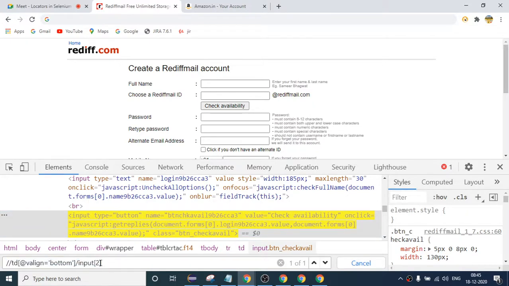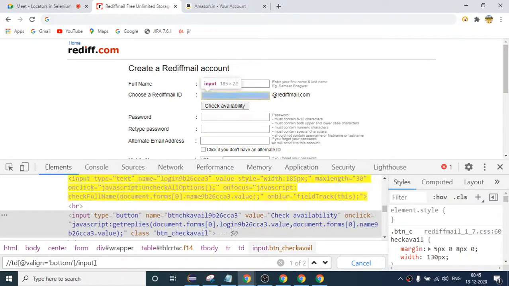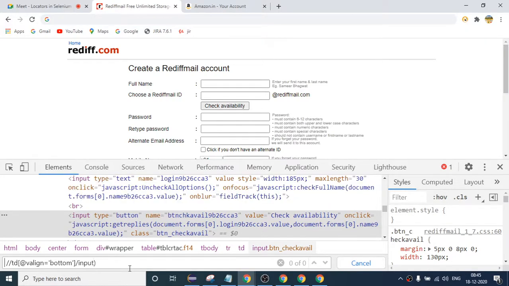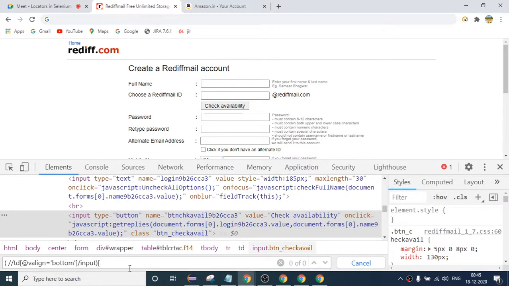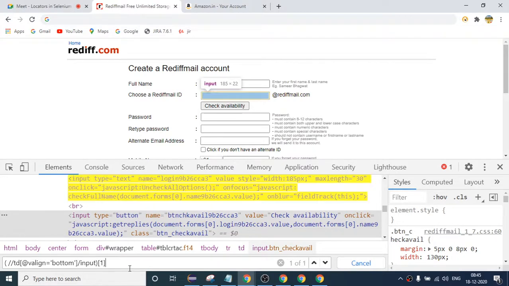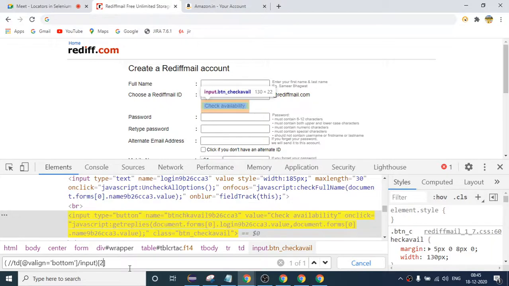You can also do it like this: for input, you can also provide a bracket. With this xpath I want to identify the first element, so I can say 1, and also I can say 2. It's your choice how you want to do it. I hope it is clear.